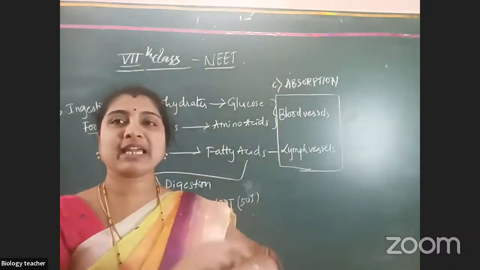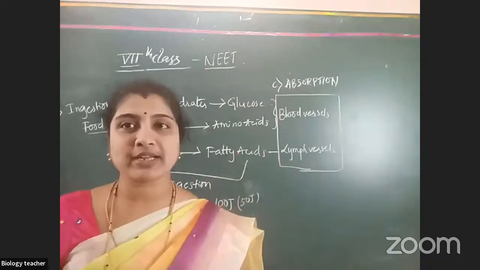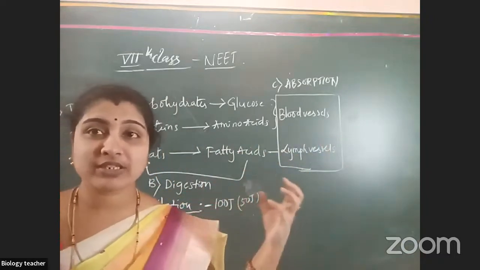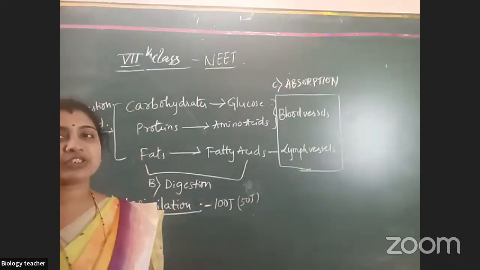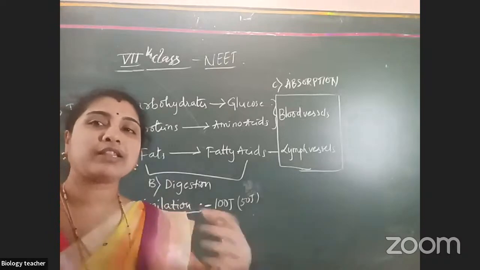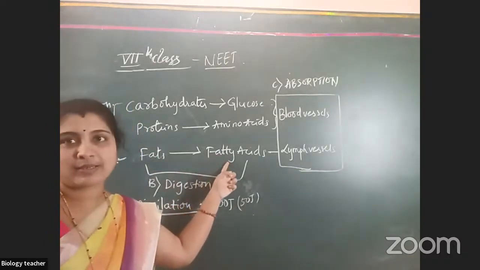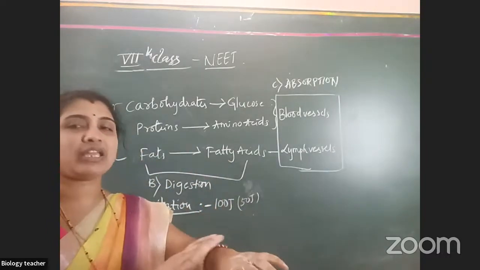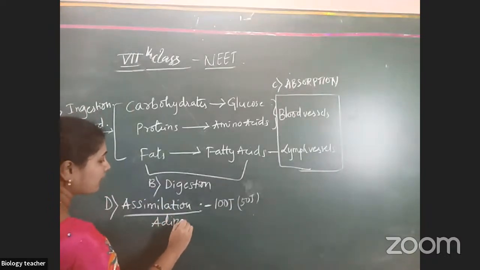Like in the skin, fat tissue. And sometimes it is used to grow the organs, tissue, fat deposited in the heart, fat deposited in the liver. Like that, what is happening? The remaining energy is converted into another form. Already fats were changed to fatty acids, but here energy is not used. Again, it is formed into fats and stored here. That is known as what? Adipose tissue.